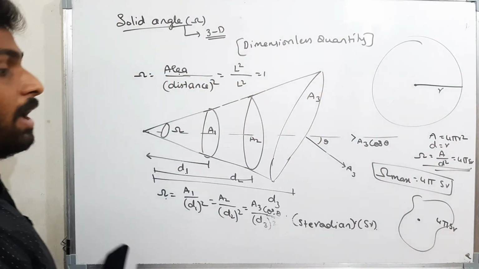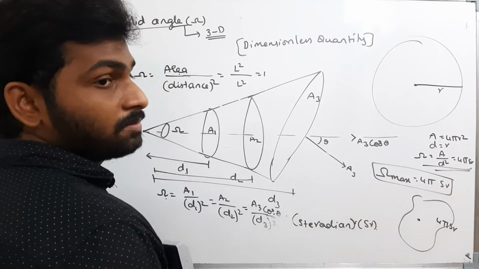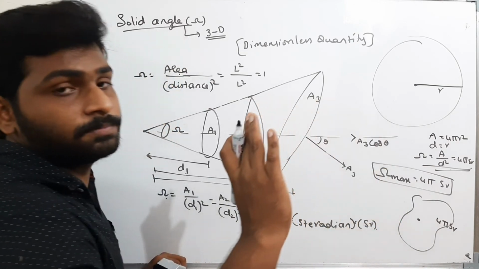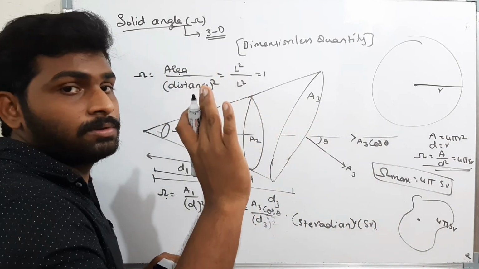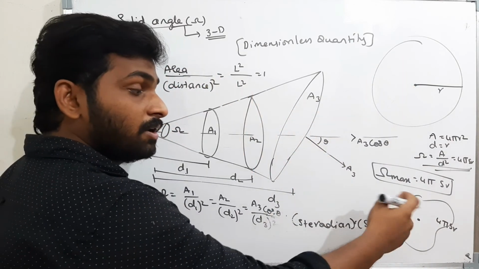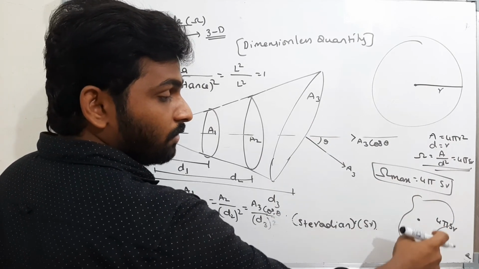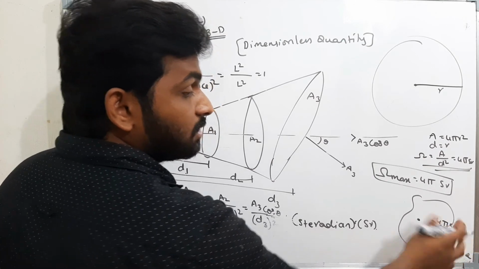Okay, now what we studied, the maximum angle we got as 4 pi steradian. That is made by a body which is inside a closed surface. The closed surface may be any shape. There is no need to be a sphere. If the point I am assuming is inside, then the angle made with the point with the surface is nothing but 4 pi steradian. That is the maximum.